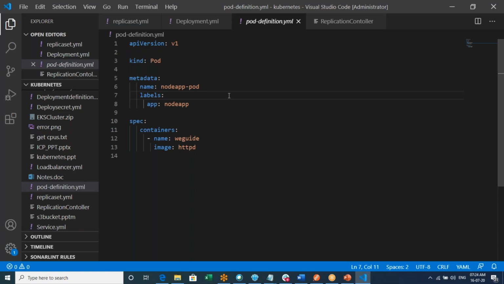Okay, for that we need to take care of the security stuff also, because we need to log into the Docker and all, right? For that we need to create some kind of registry and do it. So that I'll explain a little later. So as of now, to create a pod, this is what we need. Okay, so any questions on this, anyone?